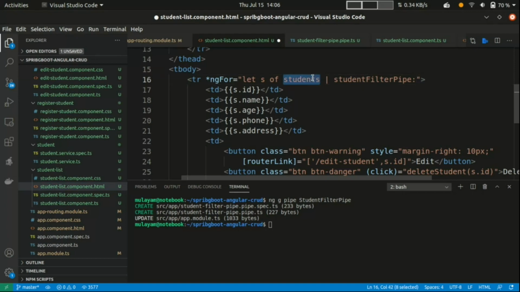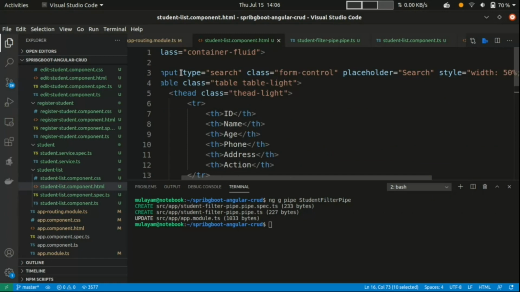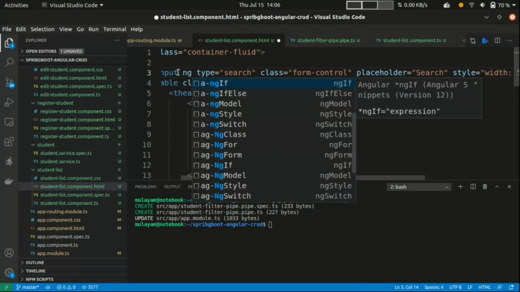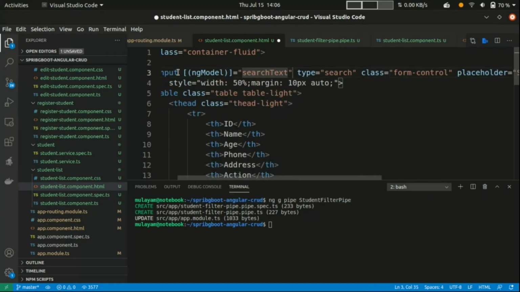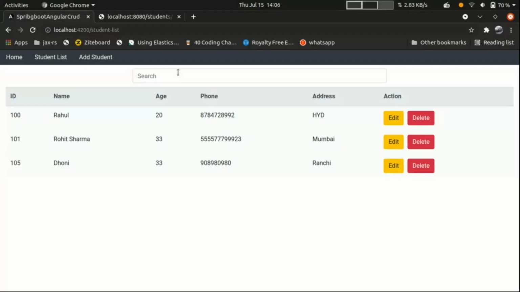It will pass the list, and here is the value in the transform, and it will compare with whatever logic we have written to filter. So what I want is searchText. I want to bind this field to this text field. How can you bind? ngModel, and let's write searchText and see the magic here.